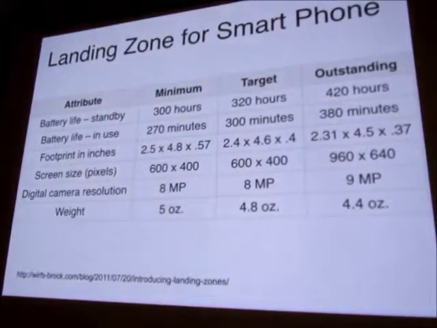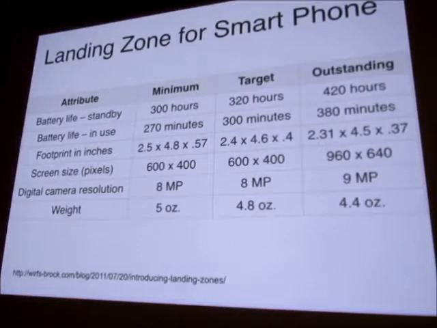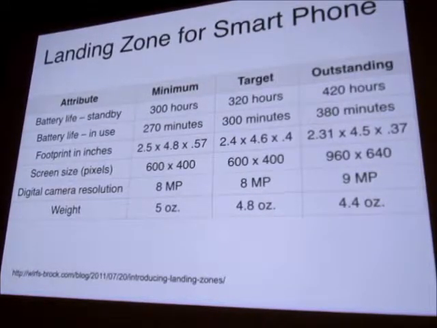So here's an example for, say, a smartphone, where I've defined 3 landing zones: a minimum, a target, and an outstanding. And you can see these would be clearly business driven, right? Like, how long should the battery life be for my customers, et cetera.